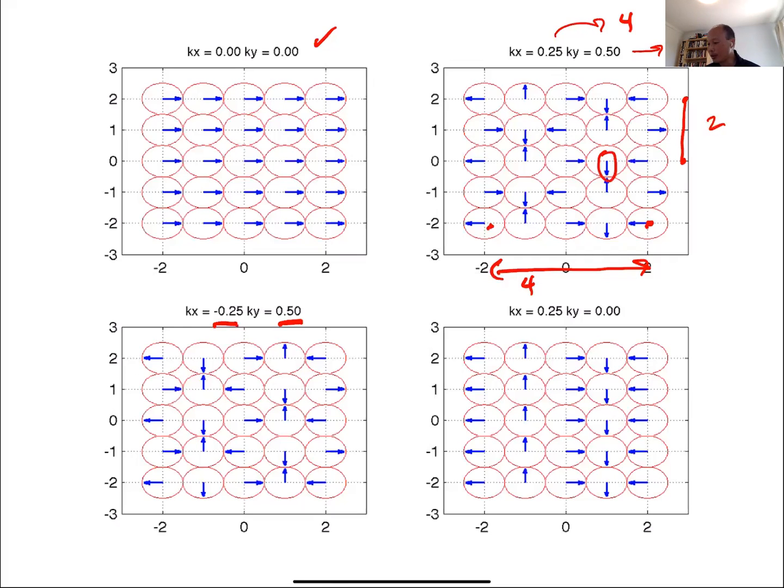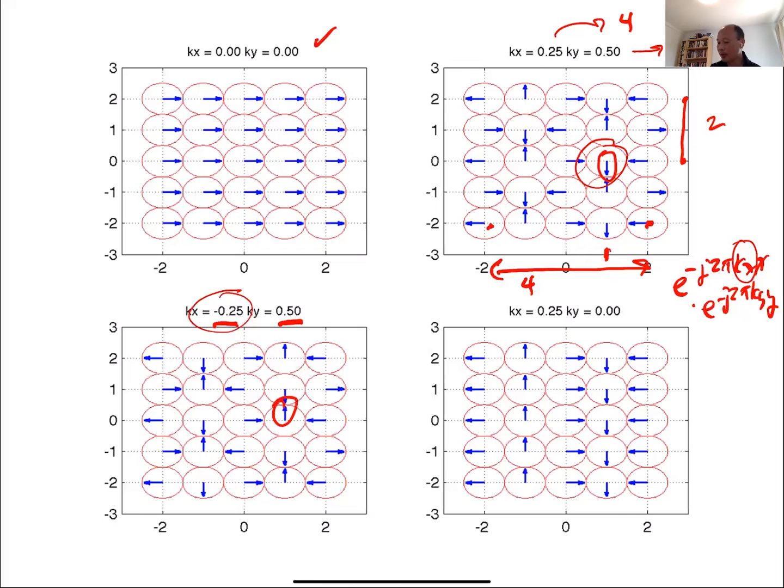So what I'm drawing here is e to the minus j 2 pi kx x times e to the minus j 2 pi ky y. Since kx is positive along this direction, I'm at a positive x here, then I get a negative phase when kx is positive. Okay. Whereas here, kx equals minus 0.25, and so here,